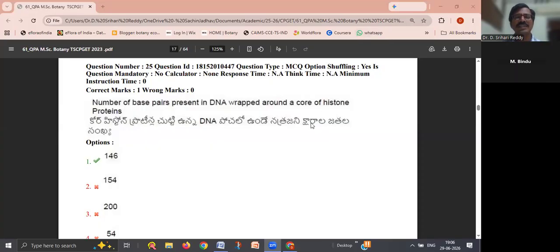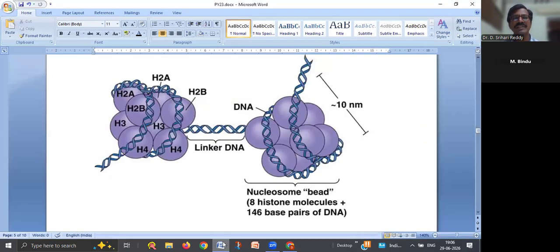So in today's class, we discuss the questions related to PYQs of the 2023 paper. Okay, here we see the question: number of base pairs present in DNA wrapped around a core of histone protein. So it is related to the DNA structure, the formation of the nucleosomes, how they are formed. Once we'll see here,